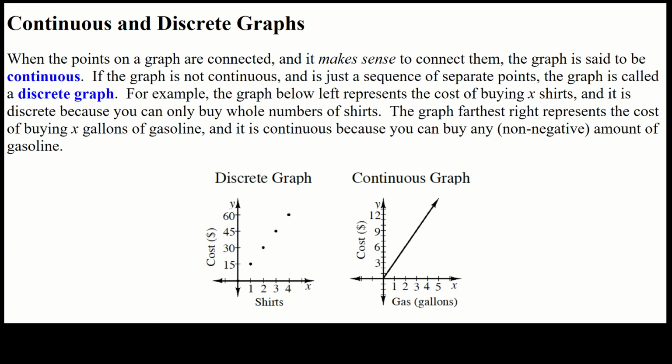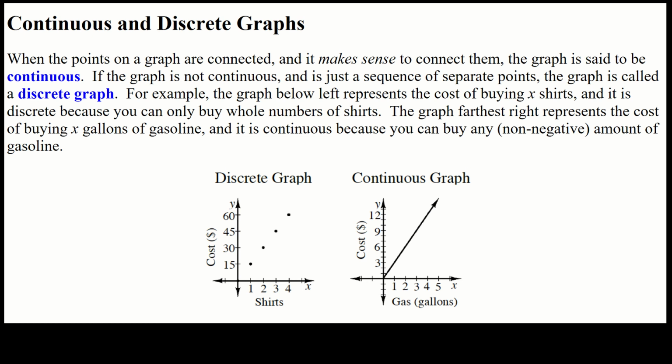So the title of the math notes is Continuous and Discrete Graphs. When the plots on a graph are connected and it makes sense to connect them, then the graph is said to be continuous. Okay, so if we're connecting the dots and it makes sense in that situation, it's called continuous. If the graph is not continuous and it's just a sequence of separate points, the graph is called a discrete graph. For example, the graph below